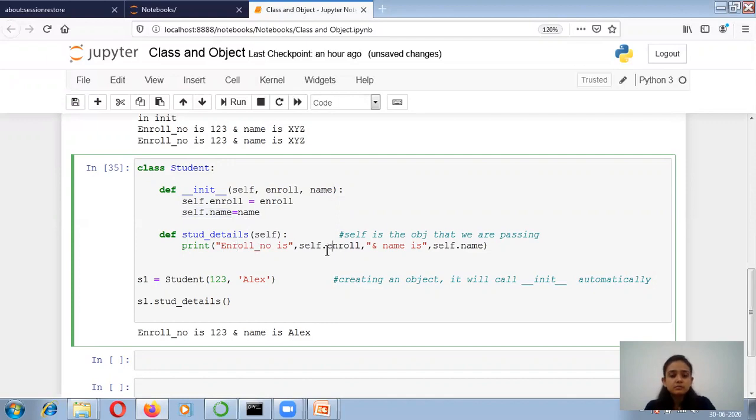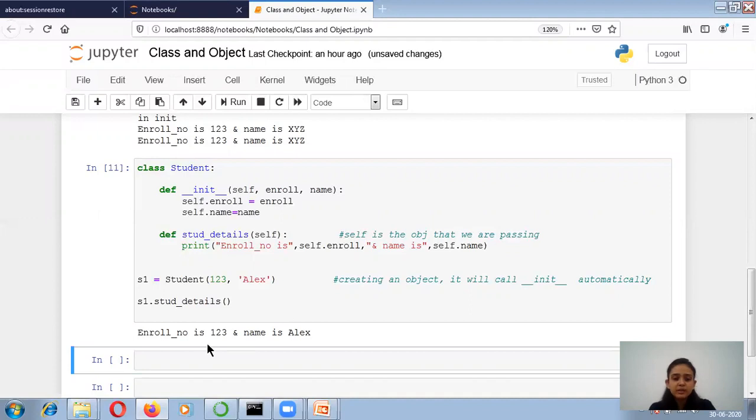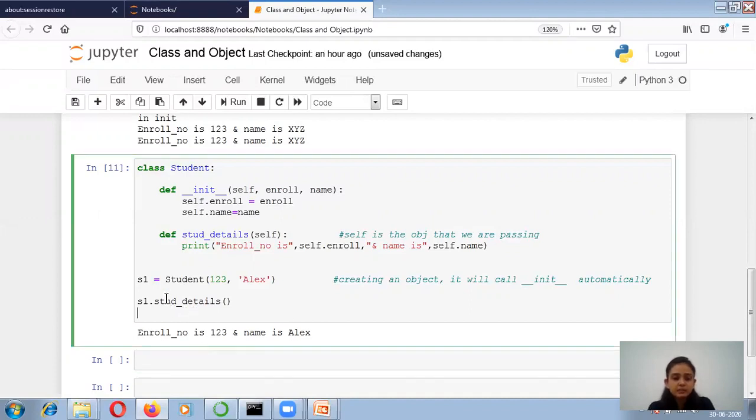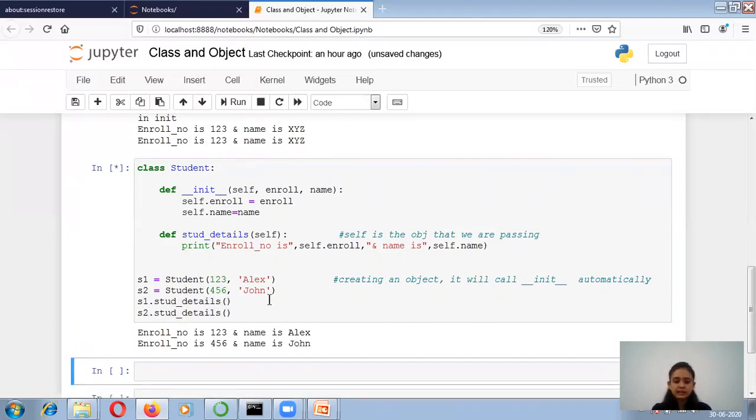I want to print those attributes in my student details, so I call s1.student_details. I'm getting the output as enrollment number is 123 and name is Alex. Just for an example, I'm creating the second object of the Student class with 456 and another name, and I'm calling s2.student_details.